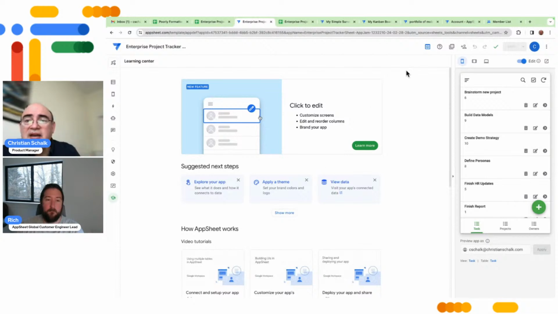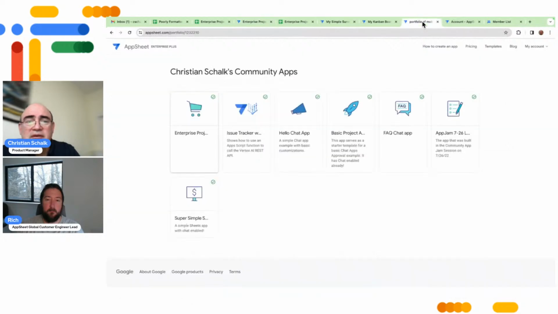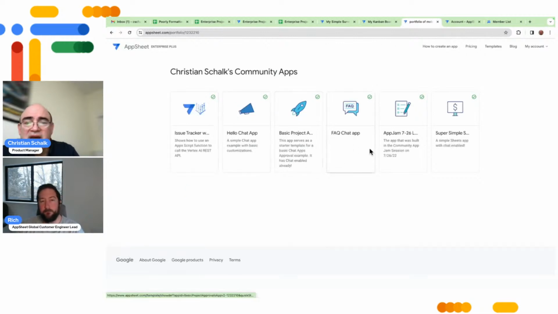And now all I have to do is, as you can see, I have my appsheet.com/portfolio. I have my account ID. And then I'll do a quick refresh and we'll see this new enterprise tracker. Oop. Anyway, you'll take my word for it. It's there. So I have my public portfolio. I've shared the application. Let me do one more quick step just to show you how to share apps within the group. So if I go back to my enterprise project tracker,